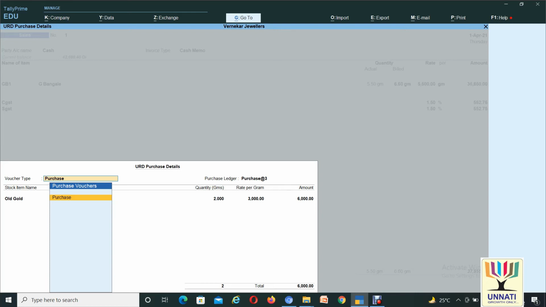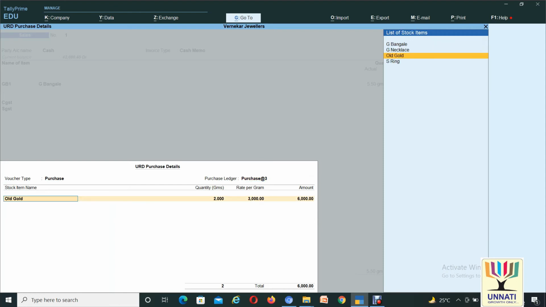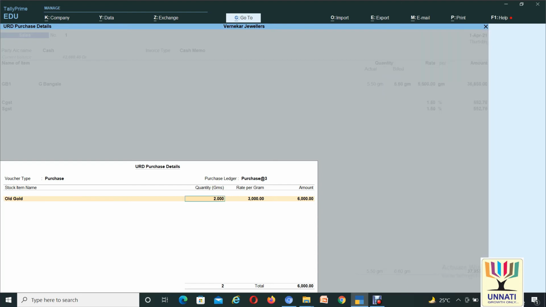If you maintain their old gold details in this screen, it will automatically generate a direct URD purchase entry, through the old gold or old silver ledger, with how much gram and rate details.